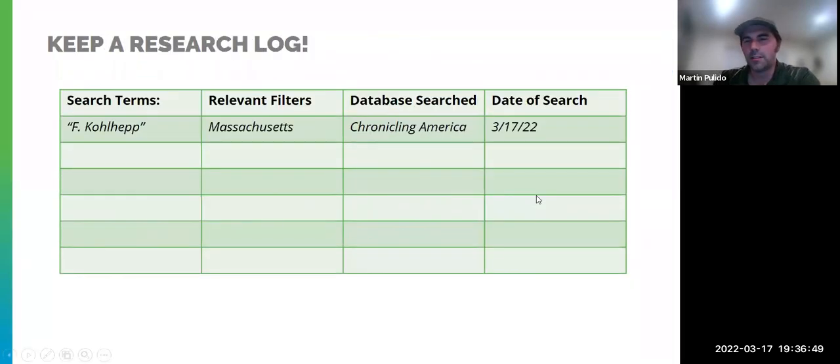So research logs, some people like these, some people hate them. I have mixed opinions. Sometimes I'm really good at this and I do it. Why do I do it? Well, because if I don't, I'm going to do the same searches over and over again. I'm going to forget that I did them, right? I'm going to end up searching the same repositories for things I've already done and waste my time. But then there's the time sacrifice by noting it in the log in the first place. So you've got to weigh that for yourself. I do think that there's some value here to think about what you haven't searched yet.